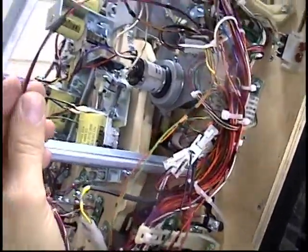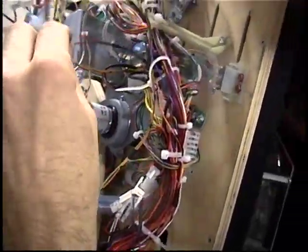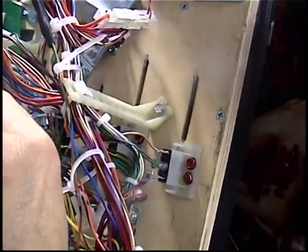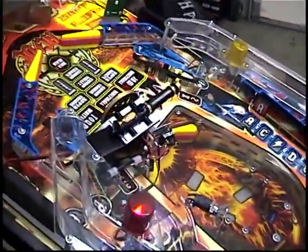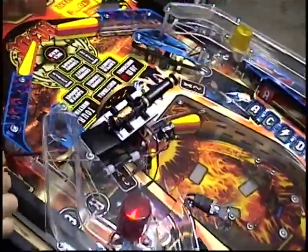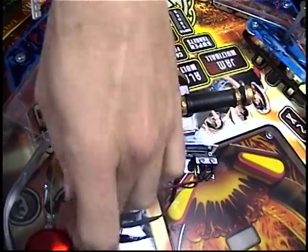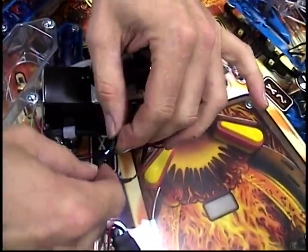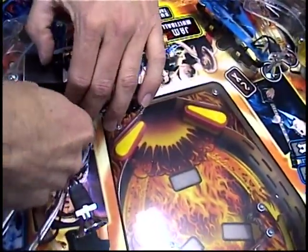Then you route this last harness for the wick section or the fuse section, same location as the other 2 that you just ran, right up through the kicker assembly, and then you'll tie that into the last plug there. So alright, we'll lower the playfield down. This is for the wick assembly. Route that under, route this across, and plug it in. So again, we'll zip tie everything up. There's a lot of wires, but